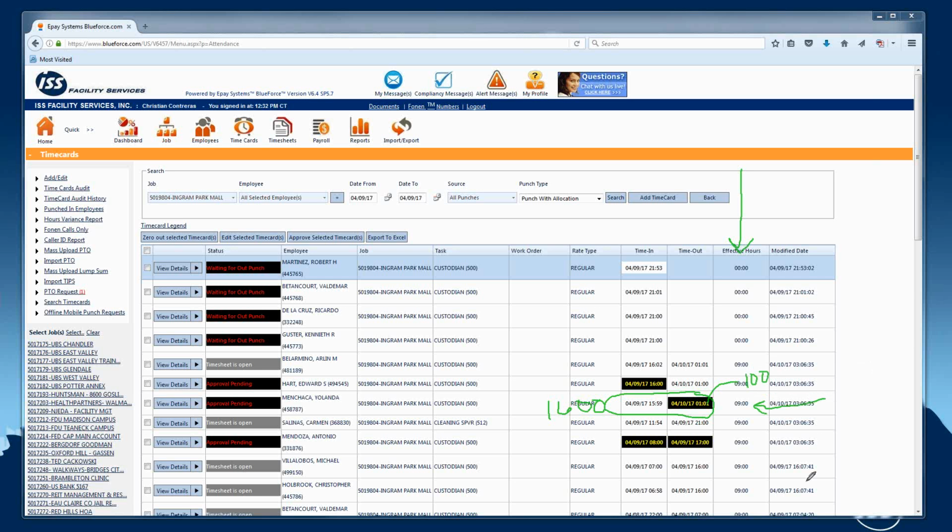Now we do that straight across the board. It goes on both sides of the clock. So that is how it is legal for us to do it, and we're not the only ones to do it. Many companies use the rounding rule. So what this basically also does is, if an employee, a good example right above it,